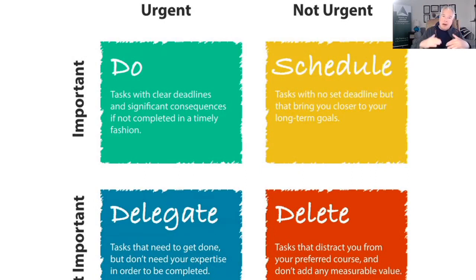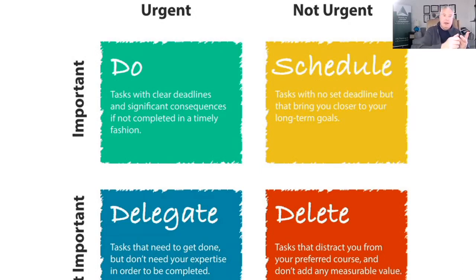Then the bottom side of the quadrant are things that aren't important, but are urgent. These are our interruptions during the course of the day. Those are emails, phone calls, 'Hey, I got a quick question for you,' 'Got a minute?' Those sort of things. Those are the fires, and that's where many people get frustrated with managing their time. That's where they spend a lot of their time, dealing with day-to-day matters versus managing their time. So that's the urgent, but not that important.